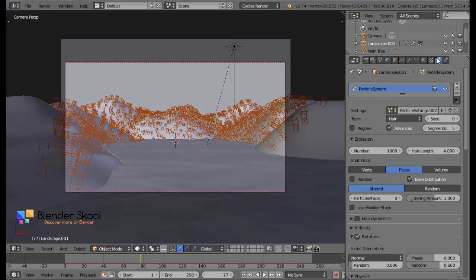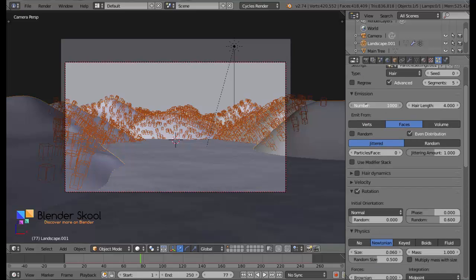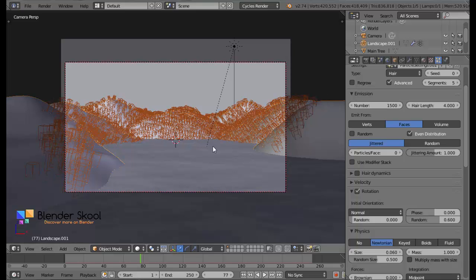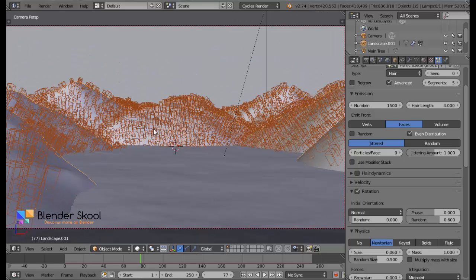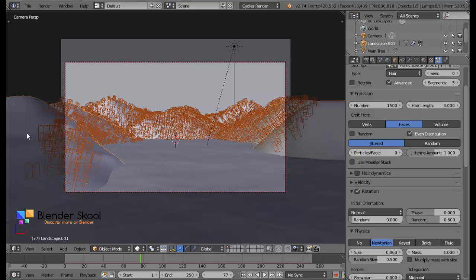And for the particle settings, I'm going to increase the particles to be around about 1500 for now. I'm going to actually separate the mountains now. As you can see, these areas look pretty dense, but those areas are not dense because they are far away from the camera. So we need to separate the mountains so that we can edit those particles separately and these